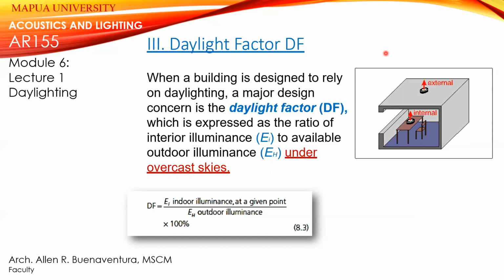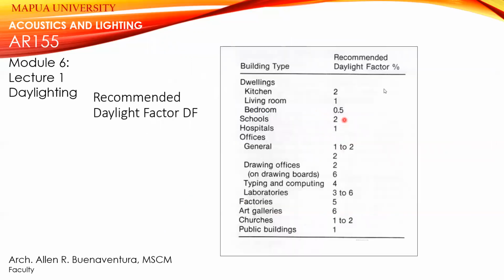Okay, so let's say during an experiment, you are experiencing low daylight inside the room. You need to calculate what you will be addressing: add additional lighting, artificial lighting, or add additional windows, so that you can create more daylight inside the room, okay? And calculate it based on this daylighting factor.